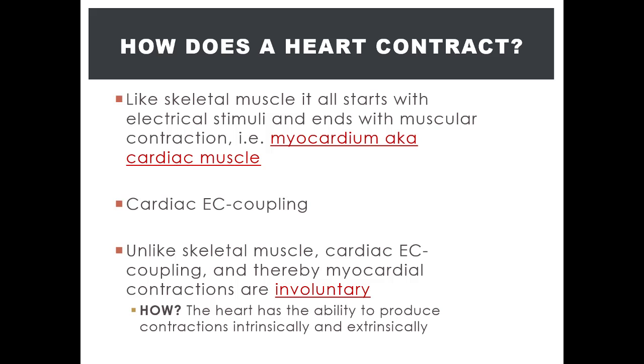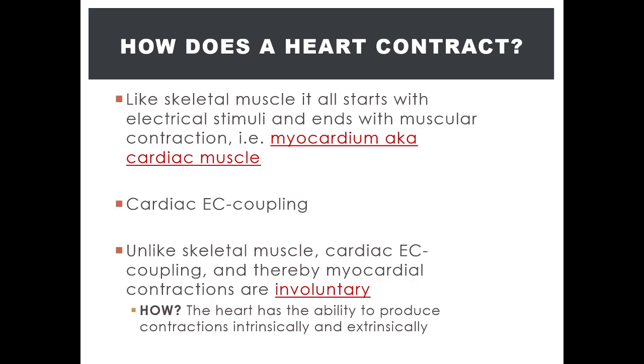So in response to an electrical stimulus, the myocardial cells of the atrium will contract, followed by the contraction of myocardial cells in the ventricles, forming the two thumps in a heartbeat. This process altogether is referred to as cardiac excitation contraction coupling, or EC coupling for short. However, this EC coupling is different from skeletal muscle EC coupling, which we discussed in our first lecture series of the semester.